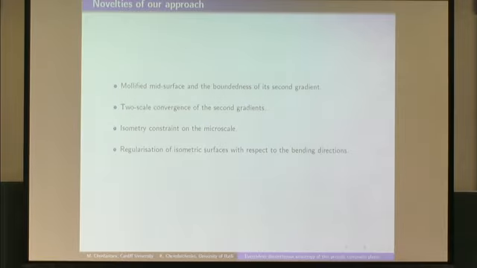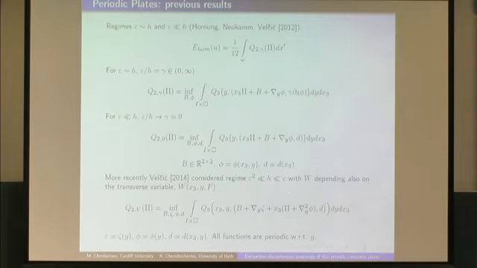Now, what is new in our work? I have to mention, we also consider the regime when h is much smaller than epsilon squared, which is most interesting. Sorry, h is much smaller than epsilon squared. So the periodic cell behaves like a sort of plate in itself, a miniature plate. So our regime is different to what you are pointing at now.